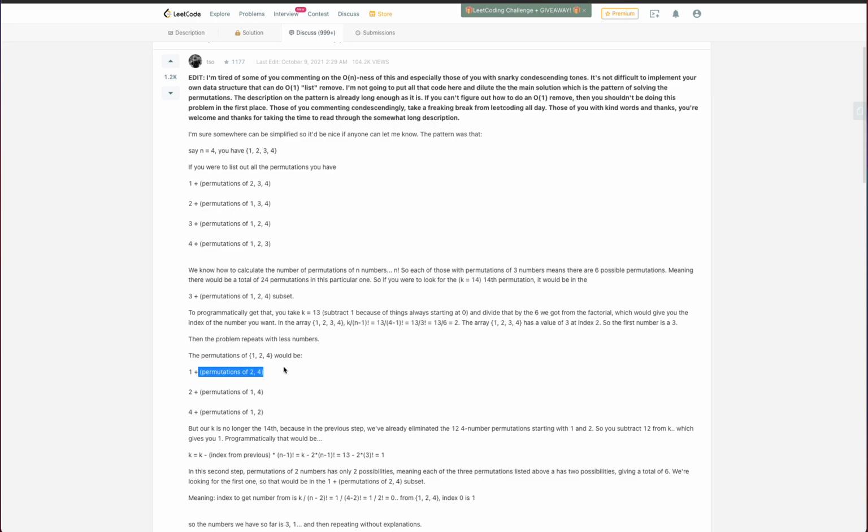So you can say, if k is some number, then if it's in this bucket, then you know it's 1. So basically you say, well, I know what n minus 1 factorial is if k is, so it's a